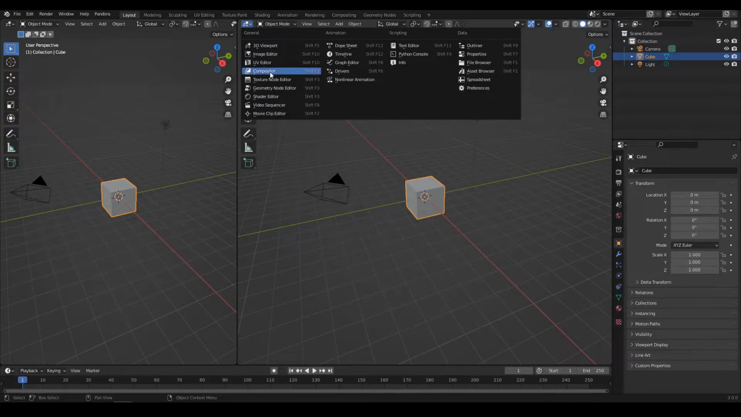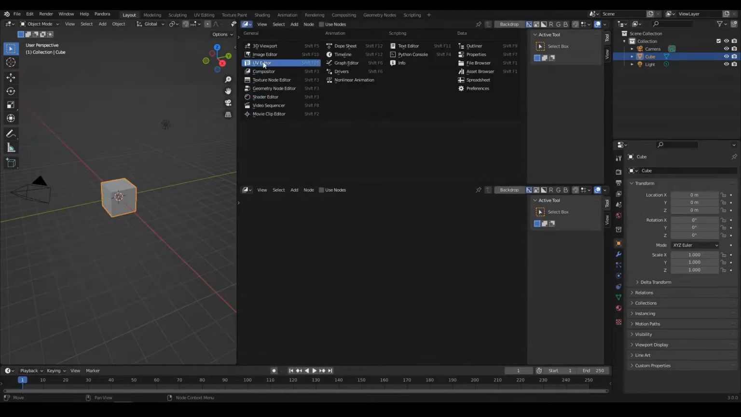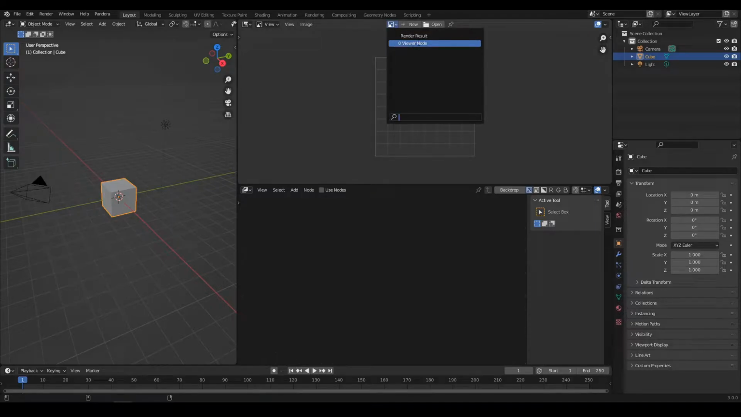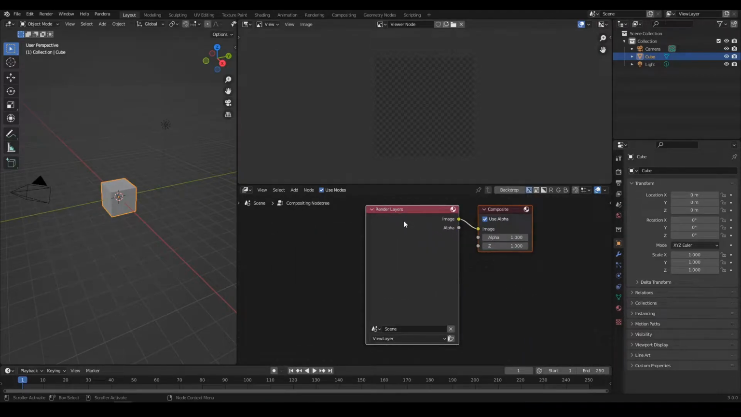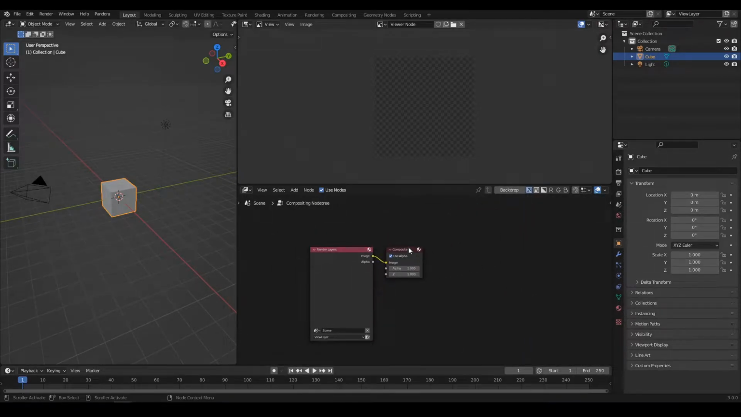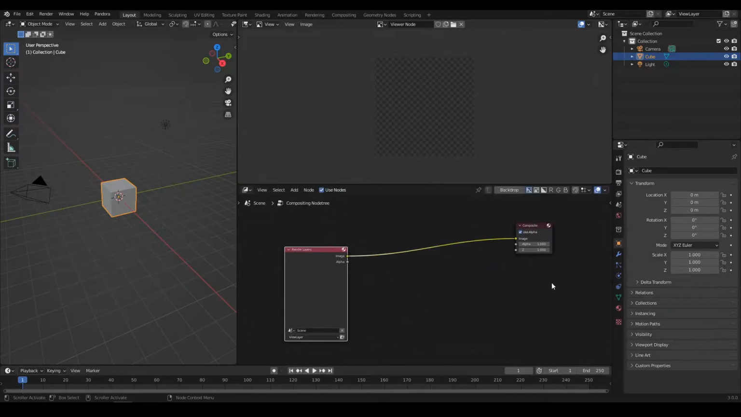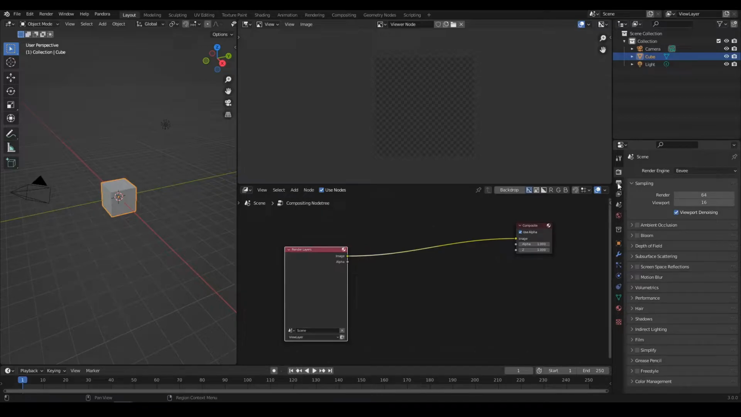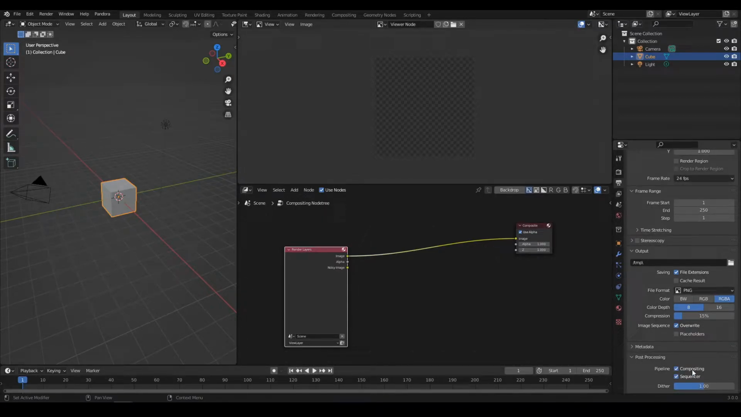So last time we had a look at the compositor. I'm just gonna show you a few more things. So let's have this as a viewer node again. And what we had last time was something like that, the render layers. But what we can do, if you did like me, like I outputted my scene not using the compositor, so